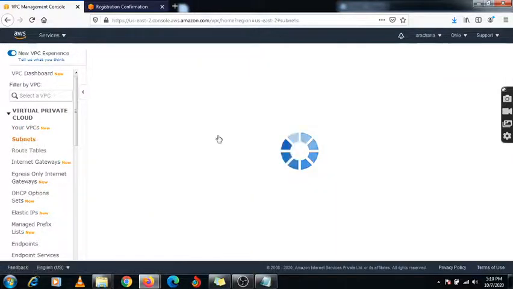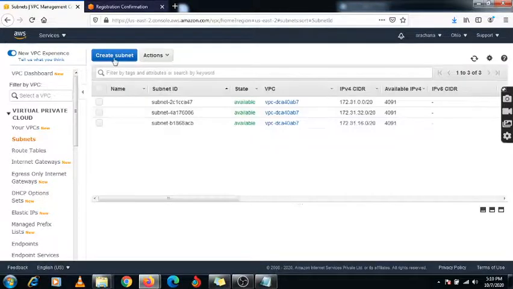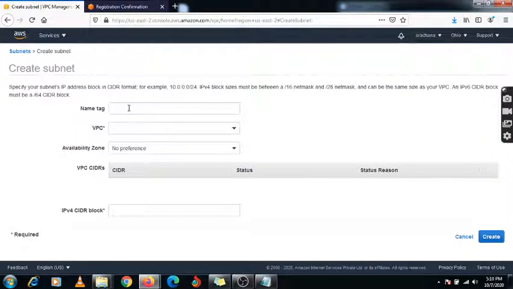After that you need to create your subnet. Here we need to create two subnets, one private subnet and one public subnet. I am clicking on subnet. Here I need to give the subnet name.